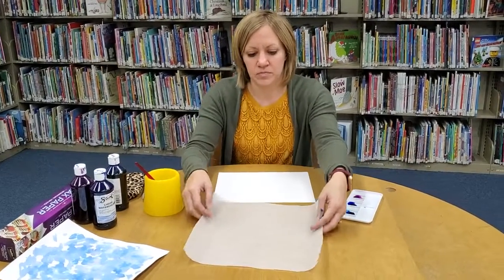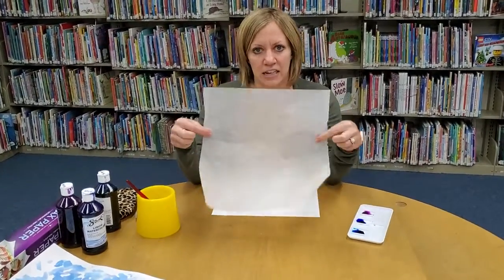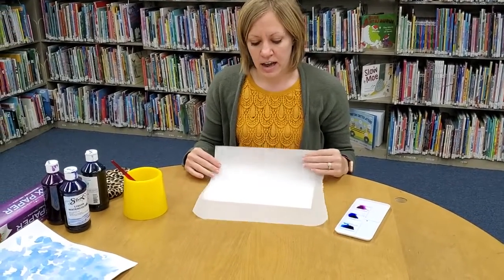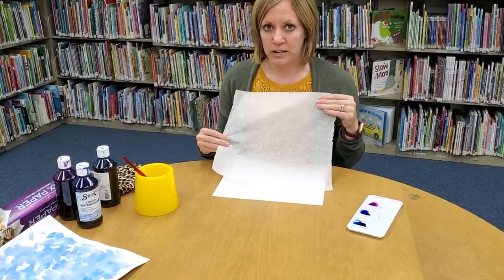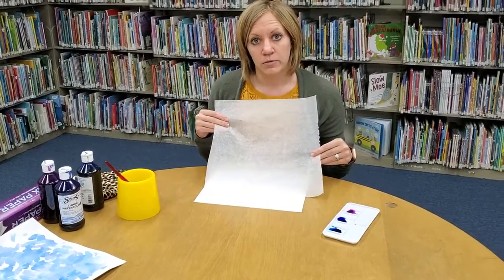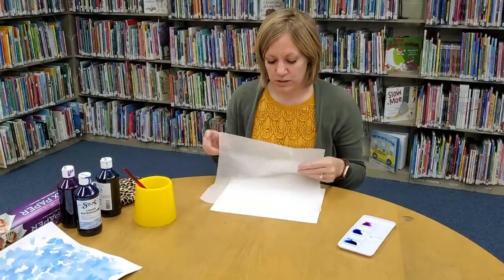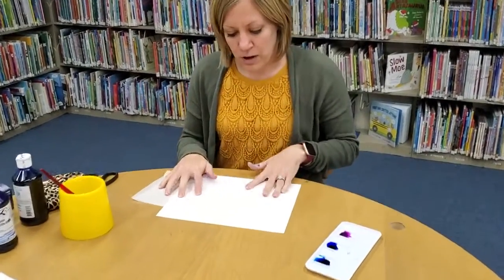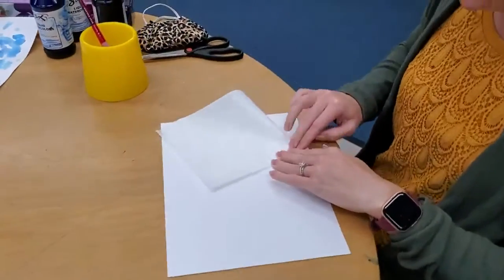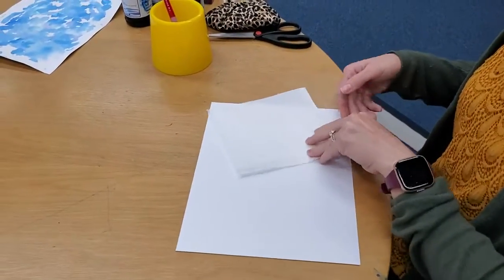So the first thing you need to do is get your wax paper, and you're going to cut it into a snowflake. I'm giving you enough to make one big snowflake, but if you wanted to cut it into fourths and make 4 small snowflakes, that would work as well. So to start with, I want my snowflake to be a circle. So I'm going to fold the paper into 4 equal pieces